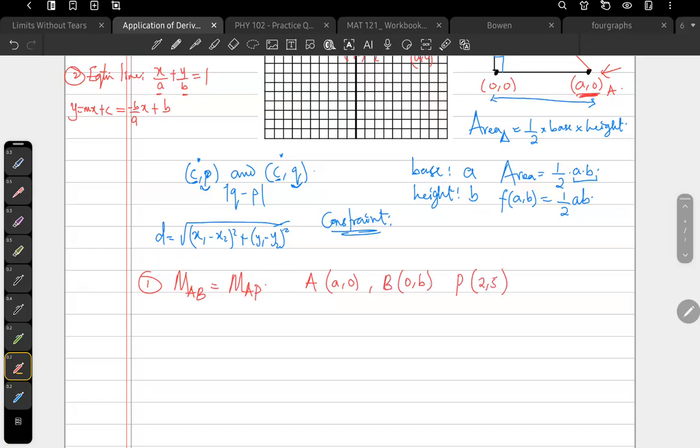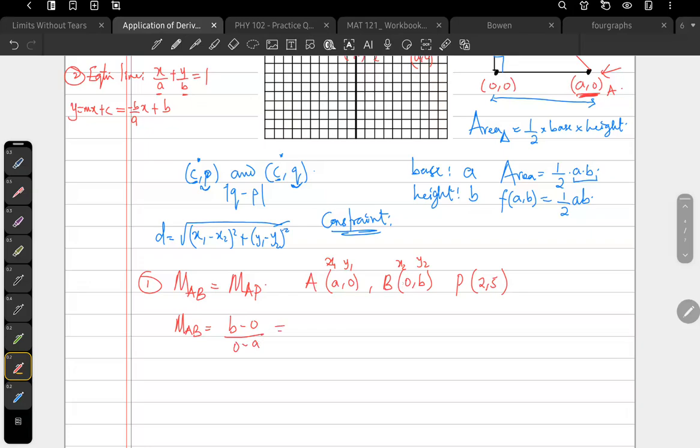Using the formula for the slope of AB, with x1, y1, x2, y2, y2 minus y1 is b minus 0, over x2 minus x1, 0 minus a,